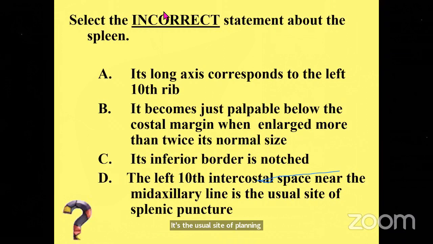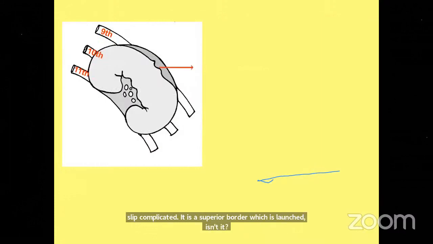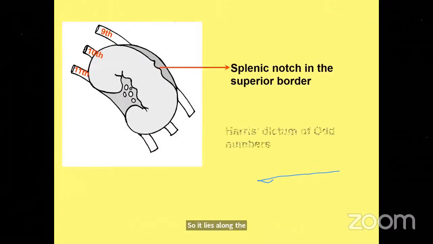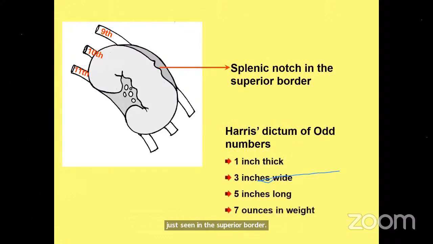Incorrect. Yes, it's very easy, though other lines look complicated. It is the superior border which is notched, isn't it? So it lies along the 9th, 10th, and 11th rib, and the splenic notch is seen in the superior border. You know the Harris dictum of odd numbers, right? It is 1 inch thick, 3 inches wide, 5 inches long, 7 ounces they weigh, and related to 9th to